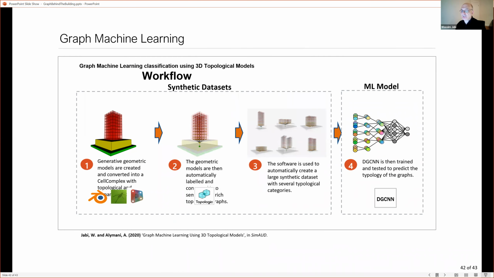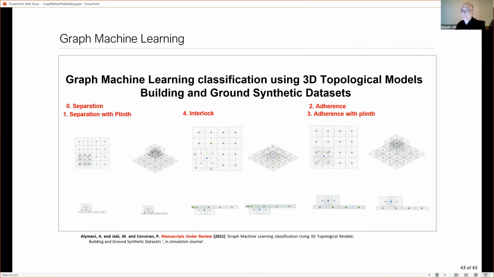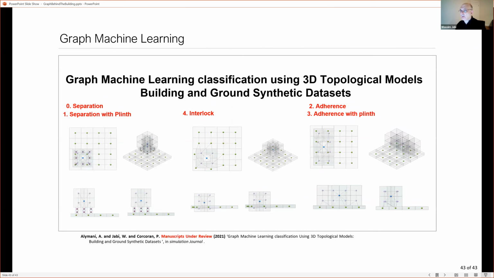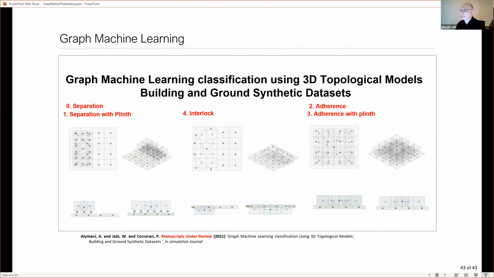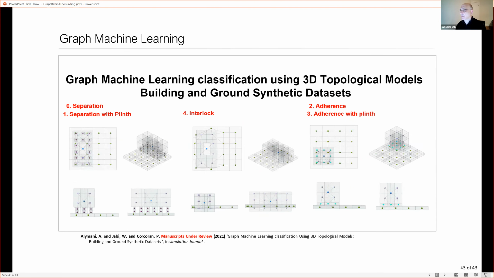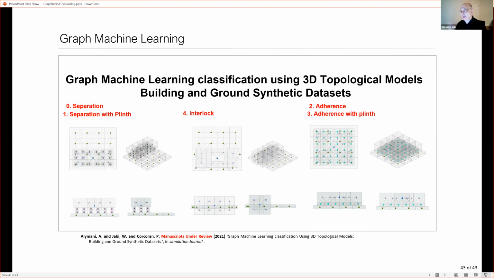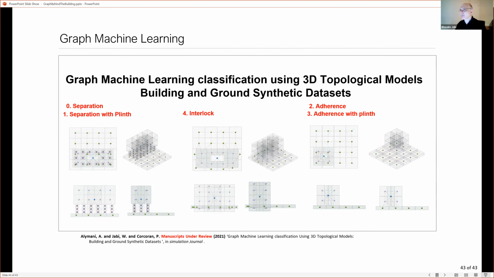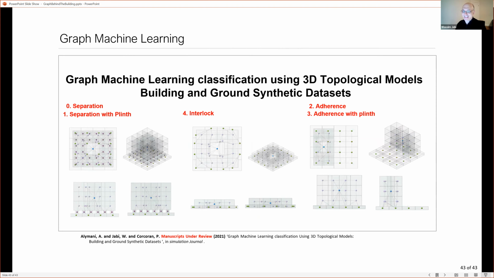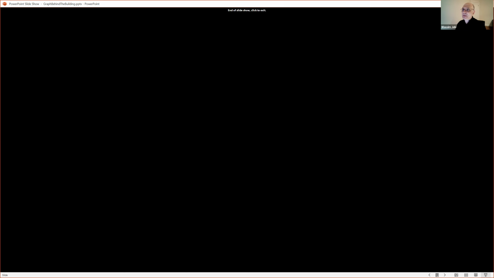So just some images of that framework that we are working on. And we have a workshop coming up at Cadria where we are going to be dealing with Topologic and machine learning as well, if you're interested. We're generating synthetic databases for graph machine learning training, and then we do predictions. And in the latest paper, we have achieved 93% accuracy. So we're very proud of that. And that's me. Thank you very much for listening, guys.